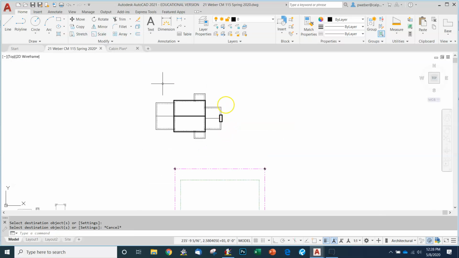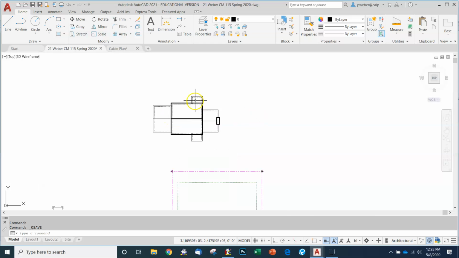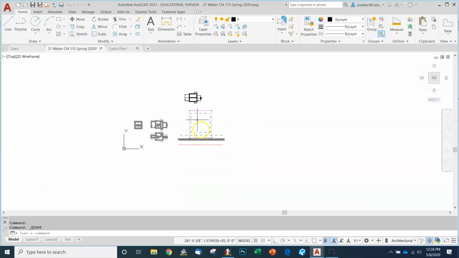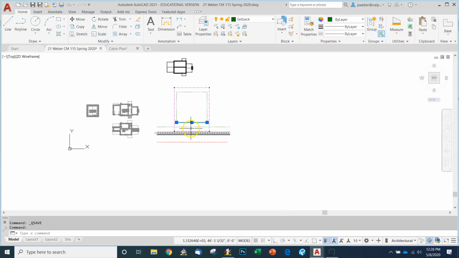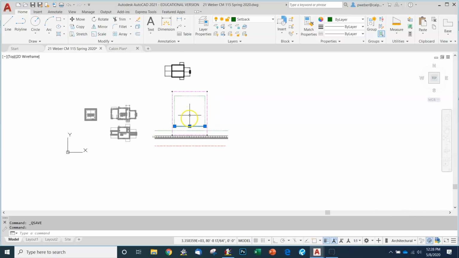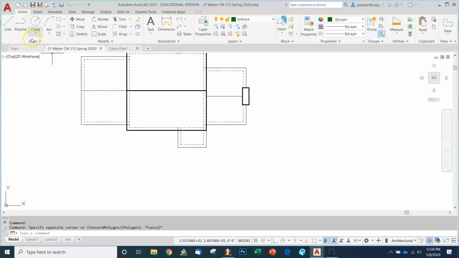Okay, good. So here's our house, and now let's save the file. Probably we should do that a number of times. We want to take this house, and our client wants this house centered in the setback area, the properties. So what we'll do is I'm going to draw a line from,